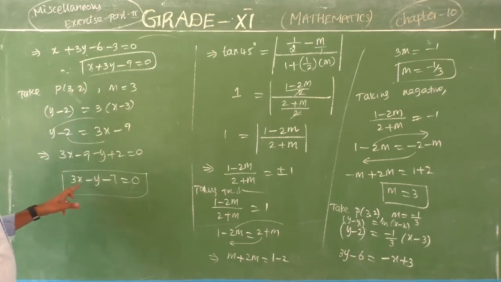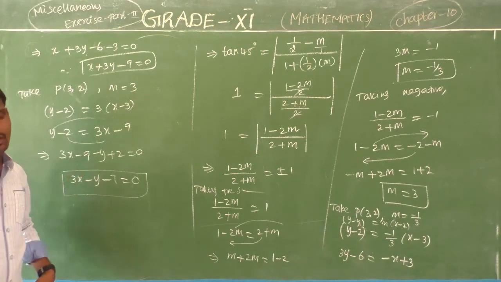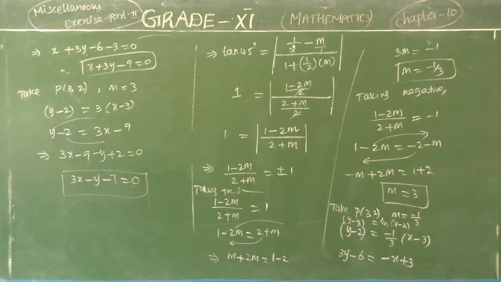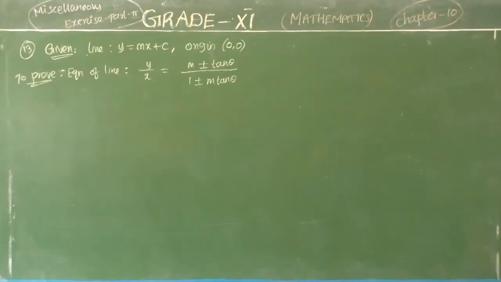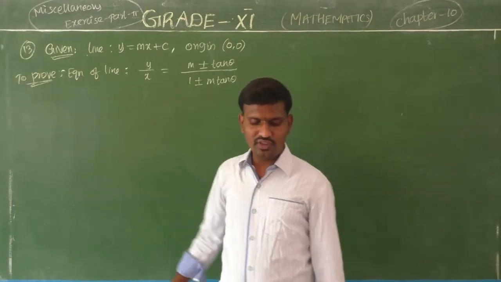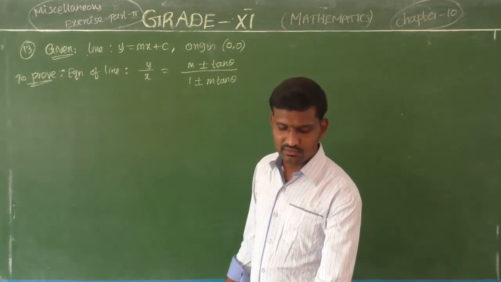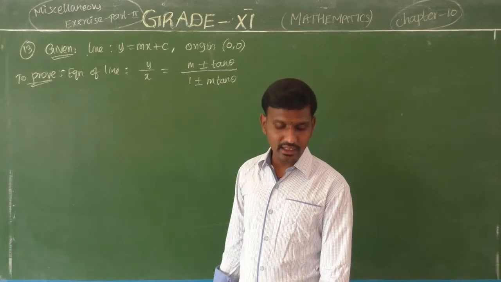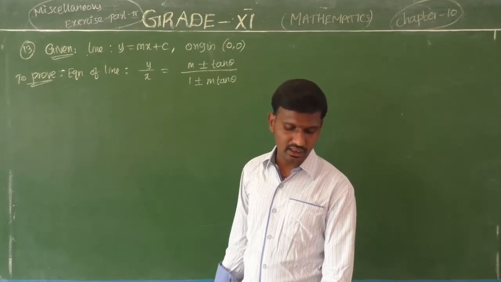Okay. And next, 3x minus y minus 7 equal to 0. So next question, question number 13. Look at the question, students. Question number 13: show that the equation of the line passing through the origin and making an angle theta with the